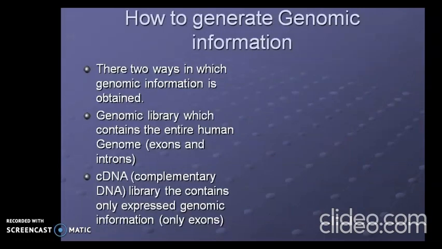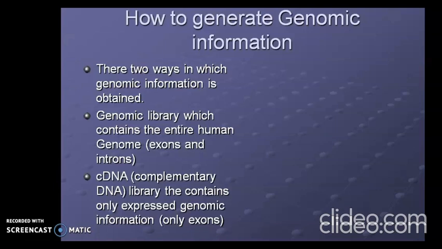How can we generate genomic information? There are two ways in which genomic information is obtained. The first one is the genomic library, which contains the entire human genome, and it consists of both exons and introns. Introns and exons are nucleotide sequences within a gene. Introns are removed by RNA splicing